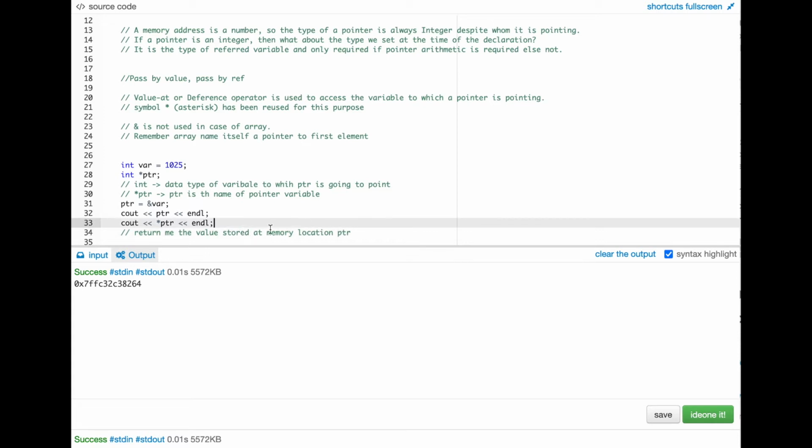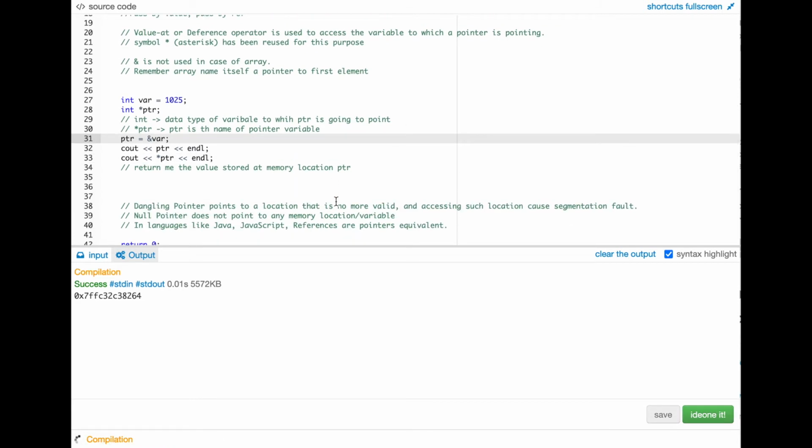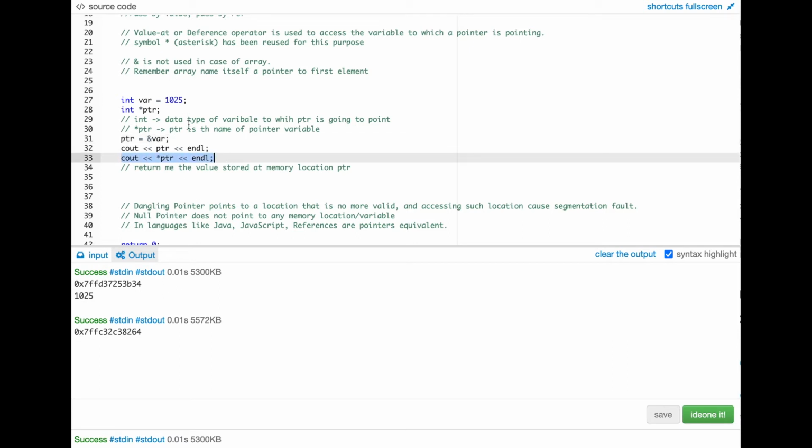Okay, what is stored at ptr? We have this memory location, and what is this memory location? This is the memory location of this variable var, right? So star ptr, or dereference of ptr, will return me 1025 only. Let's try to run this quickly. Great. If you can see, this is actually printing the value itself, right?